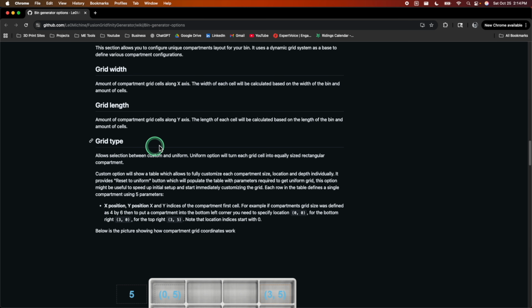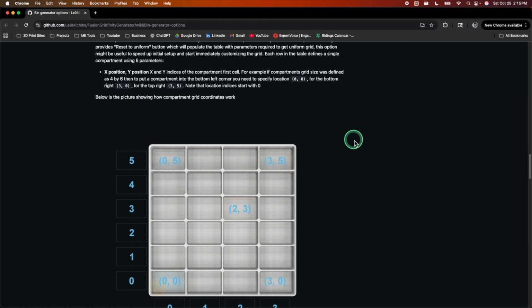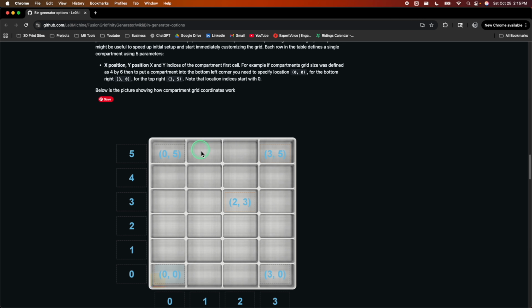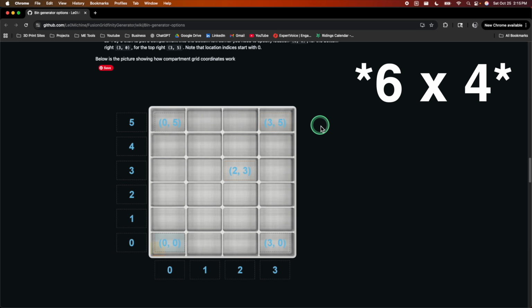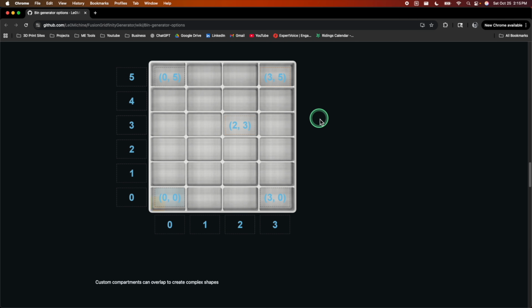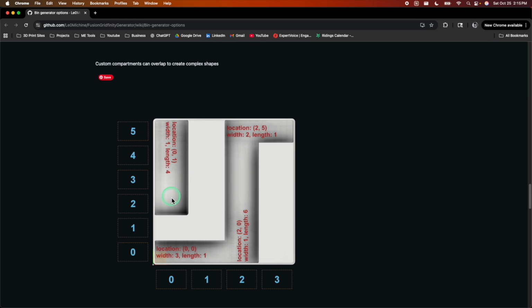If you come down here and start looking through what it is, you can start defining an index of places that you want bins or channels and remove references to anything else. So instead of just having to deal with a 5x5 bin, maybe you just want to have it divvied up into a couple different pockets inside of the overall body. Well, you can do that by defining those custom lengths and widths for specific sections inside of the bin to